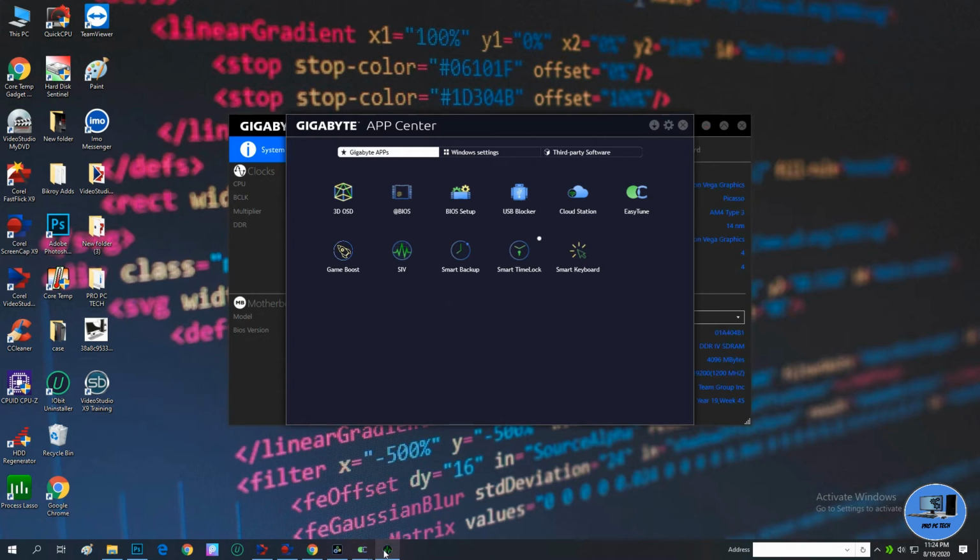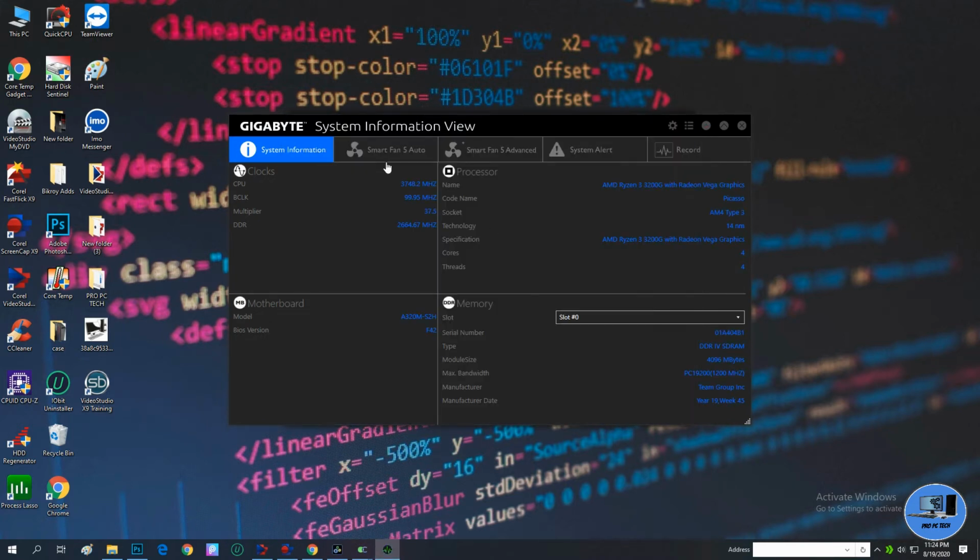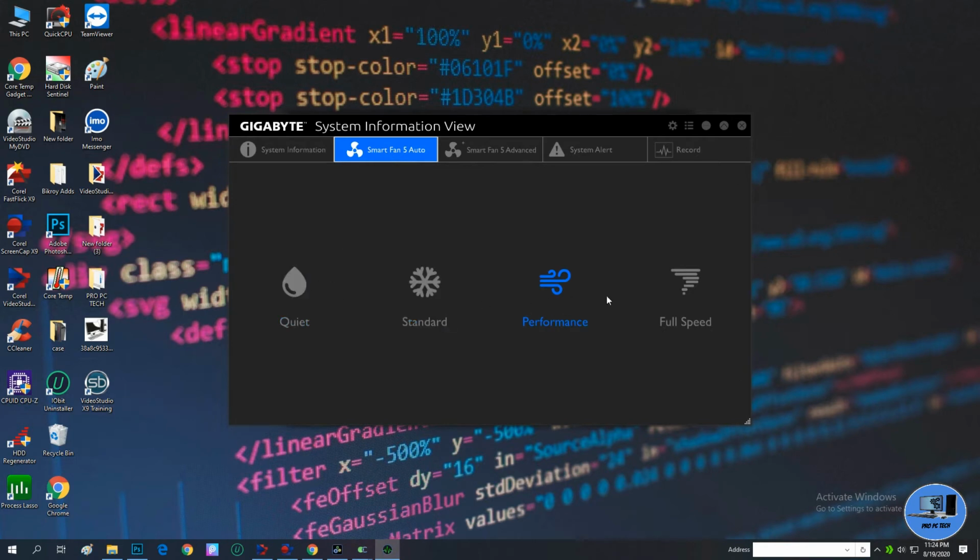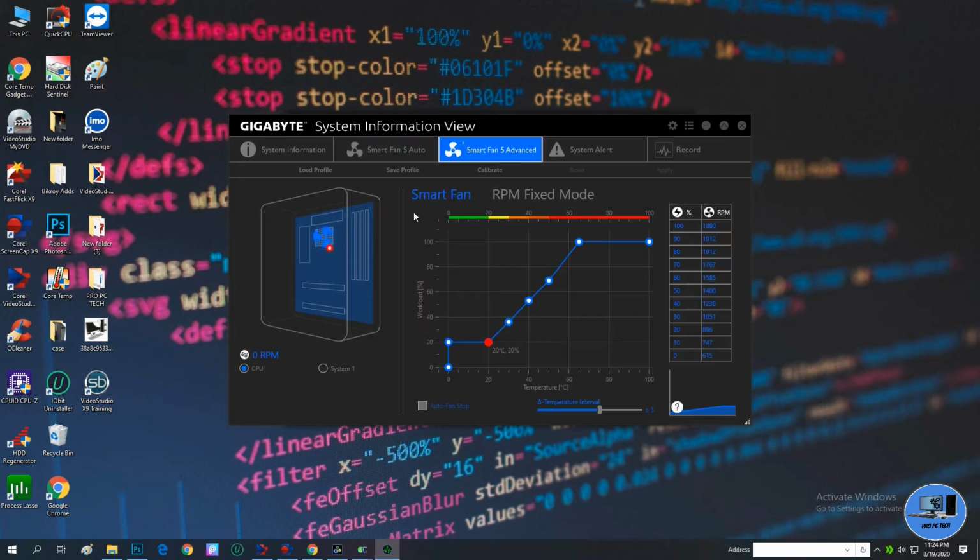And SIV, I was talking about fan controls. So by SIV you can control your fan's speed from default to performance and full speed. As you can see, Smart Fan 5.